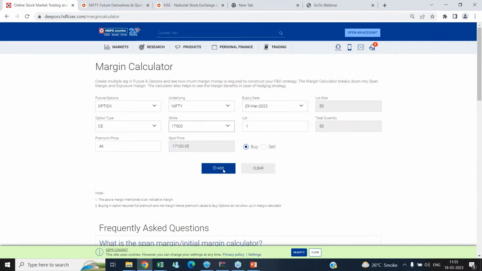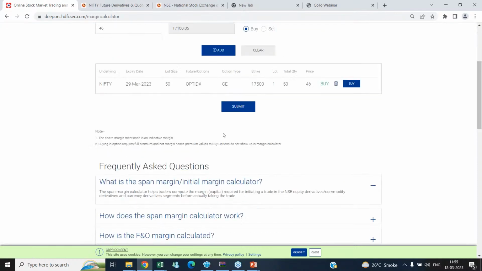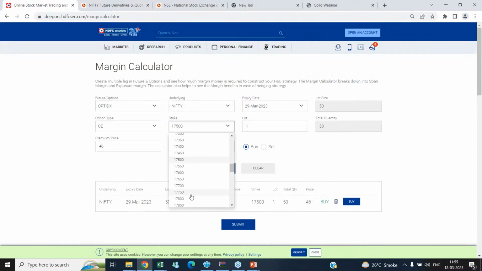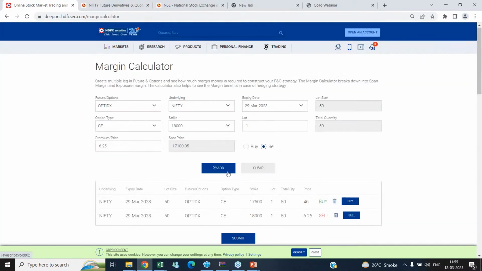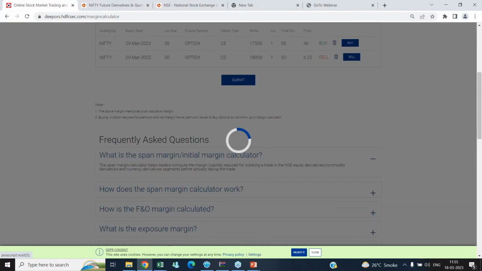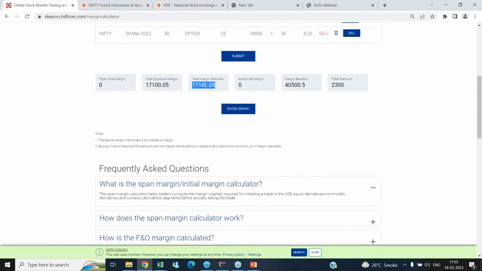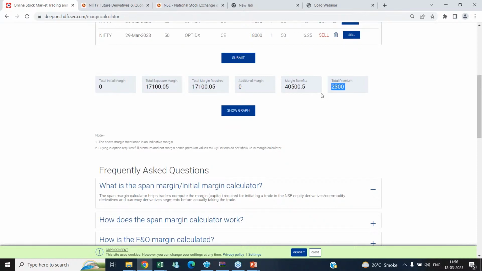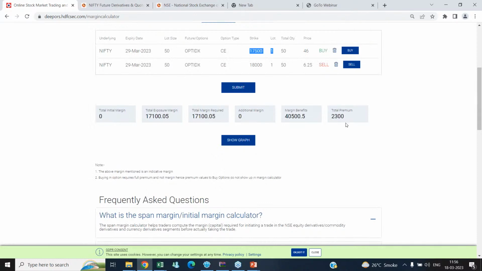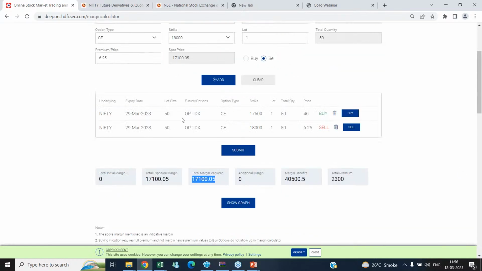I want to buy and simultaneously sell an 18,000 call option of the same expiry. I'll click on sell, click on add, and click on submit. So I will come to know how much margin requirement there is: 17,100 plus 2,300, which is the total premium you have paid for buying this 17,500 call option. So approximately 19,400 rupees of margin will be required if you want to buy the 17,500 call option and sell the 18,000 call option